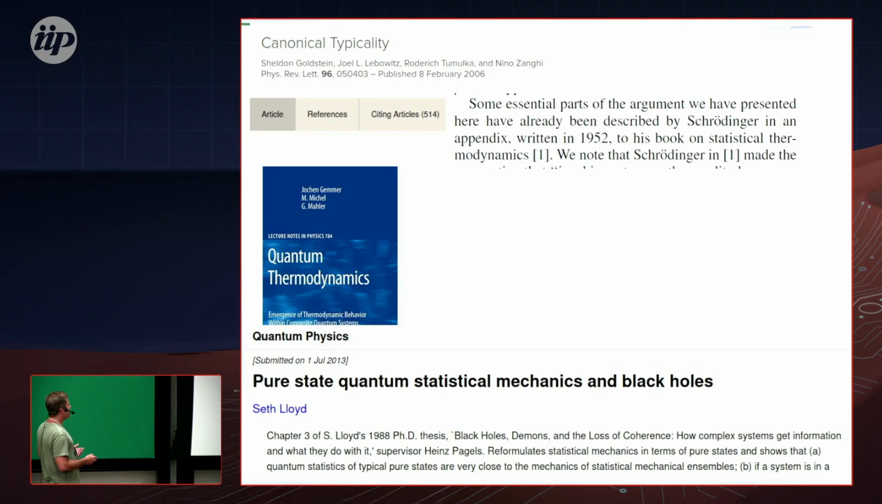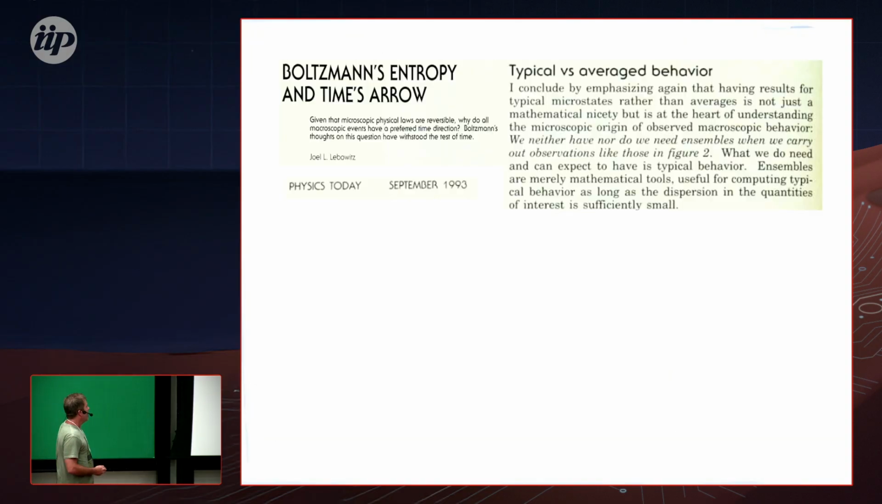And later, Seth Lloyd, in his thesis in 1988, also had most of these arguments. So he reformulates statistical mechanics in terms of pure states. He was doing the same thing in '88. Actually, at the end, he put the thesis on the archive so that you could cite it and read it easily, okay? And there is also this paper in Physics Today, also by Lebowitz, where he's always